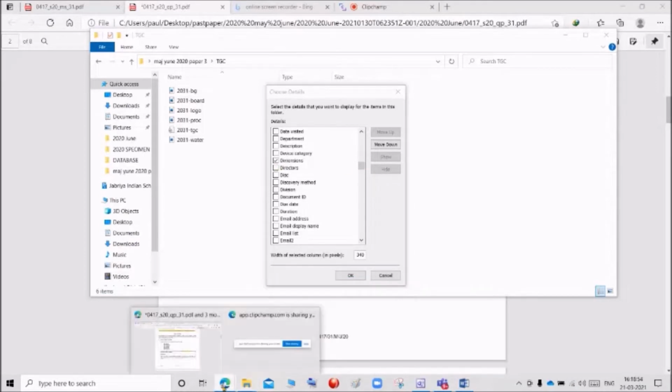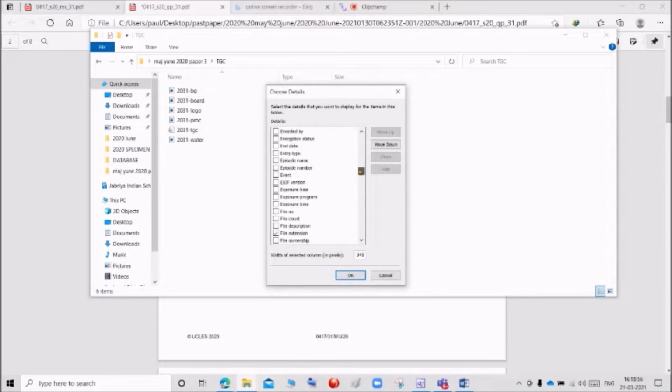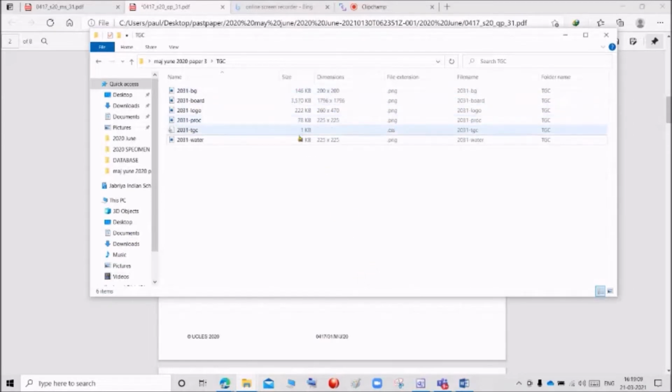After that, file size. We can select this file size and click OK. So we got size, dimension, file extension, file name, and the folder name.